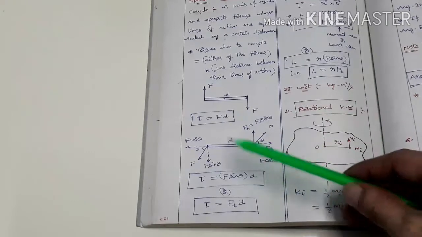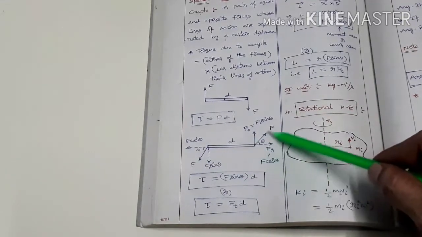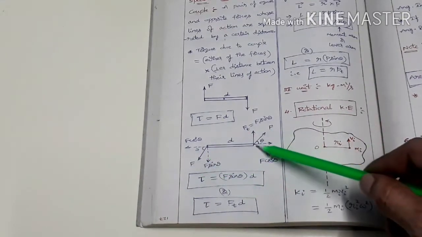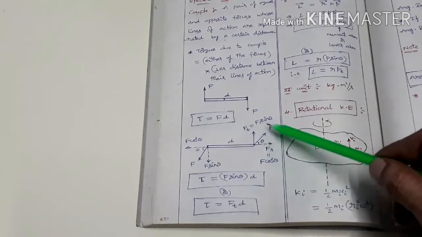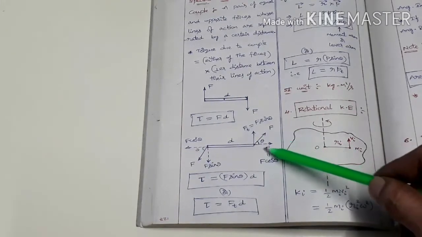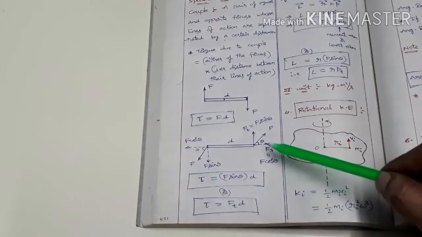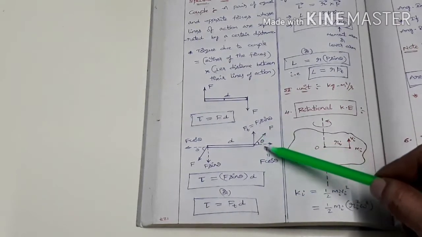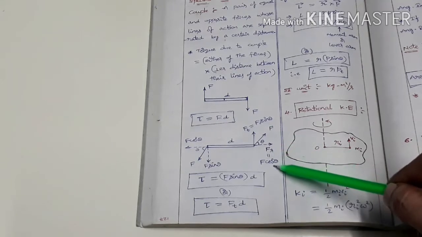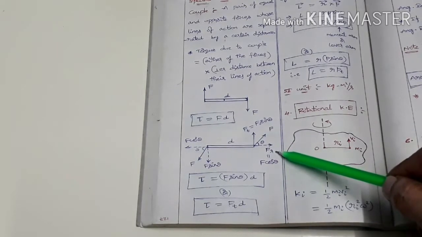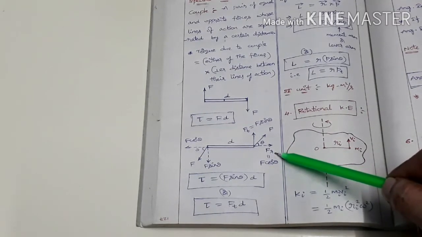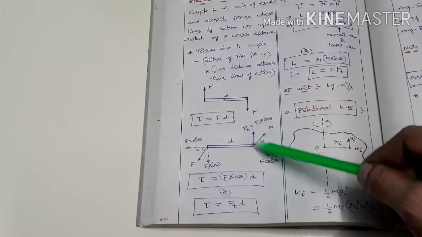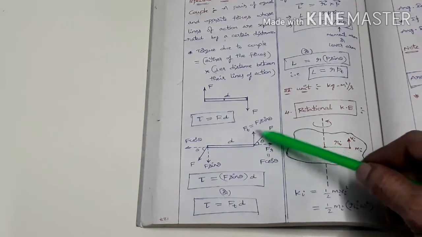Suppose now the rod is like this and the forces are acting like this. The rod makes an angle theta. So this is F sin theta, this is F cos theta. The rod will be rotating in this direction. So this F cos theta, which is considered to be Fr, does not have any role in its rotational motion. Here Ft has its role in rotational motion.